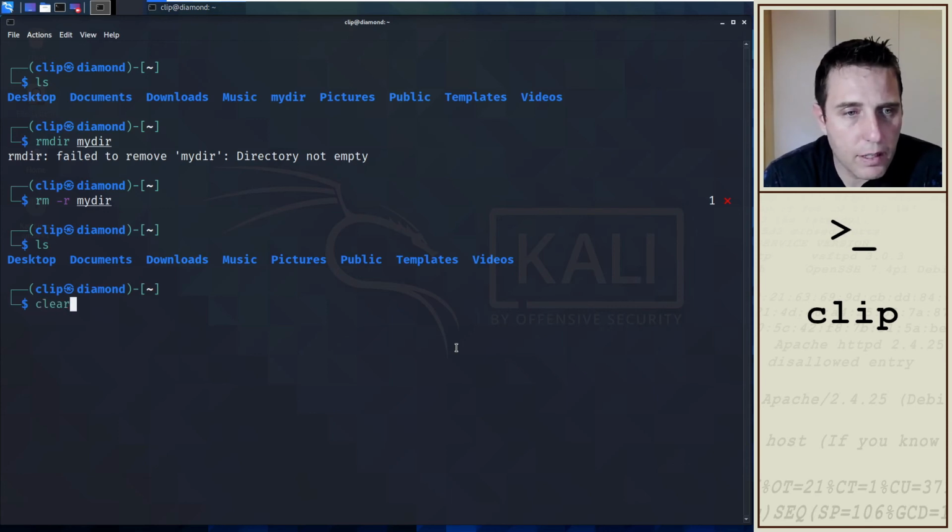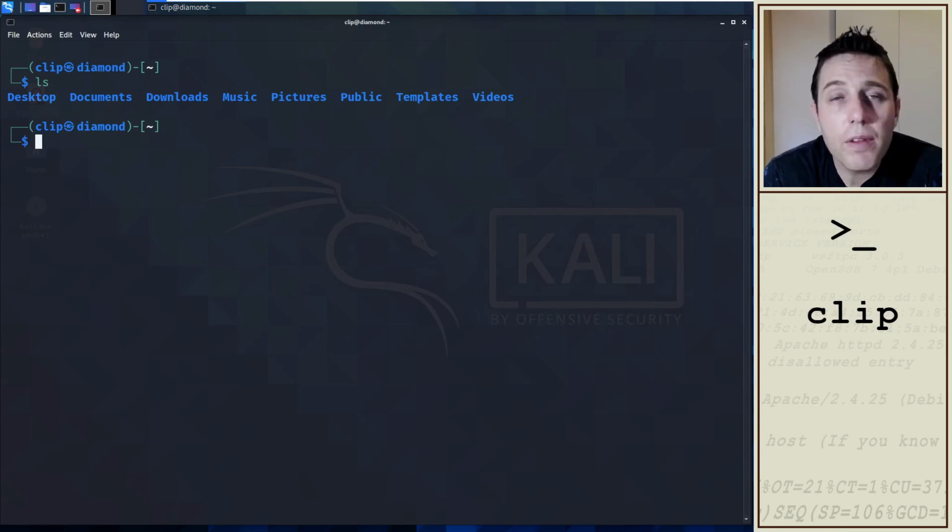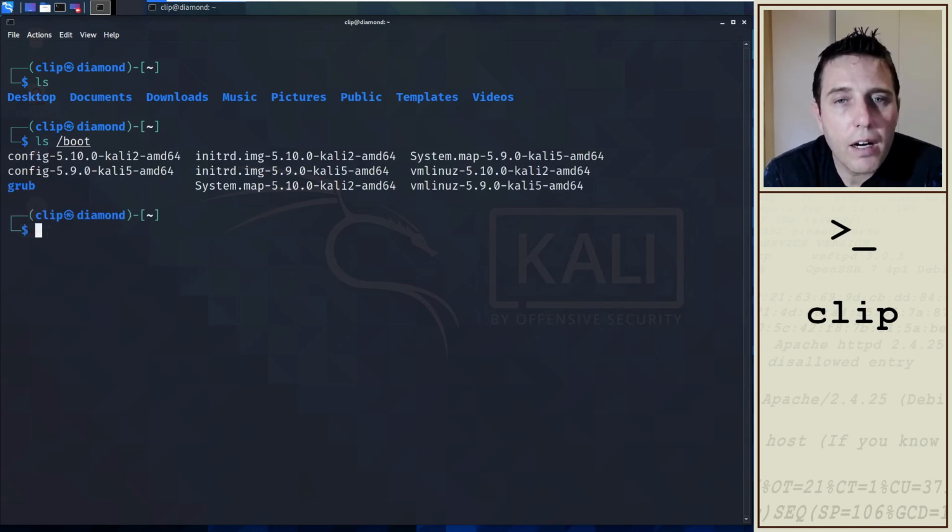Now let's clear the screen. Let's take a directory listing just for good measure. Now the recursive switch can also be used with the copy command. Let's take a listing of the boot directory, for example. Let's say I want to copy all the files inside the boot directory as well as its subdirectories and all the files within that. The command would be cp -r for recursive operation, and the source would be the absolute path